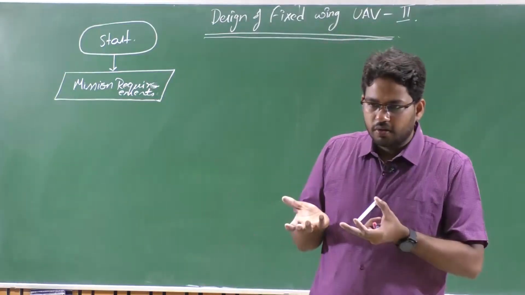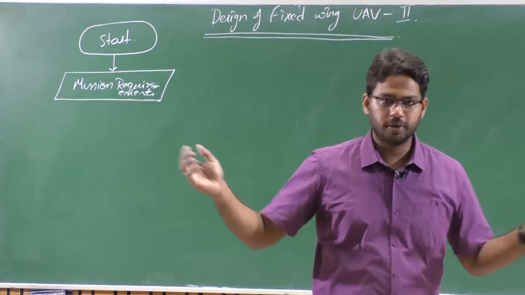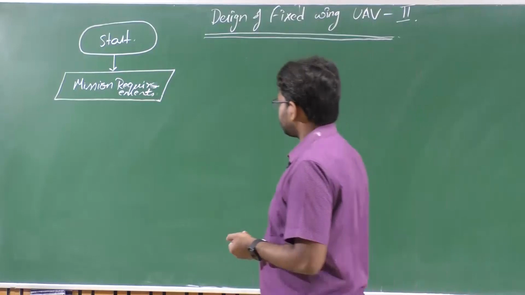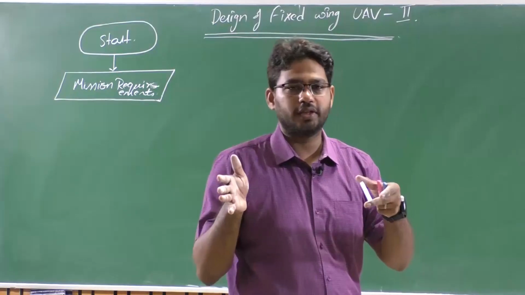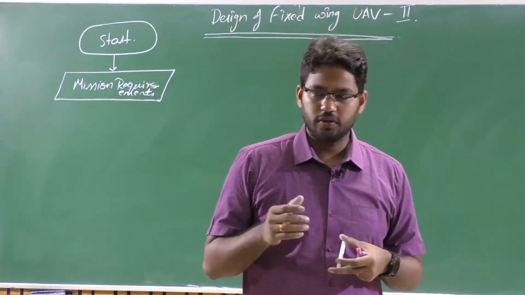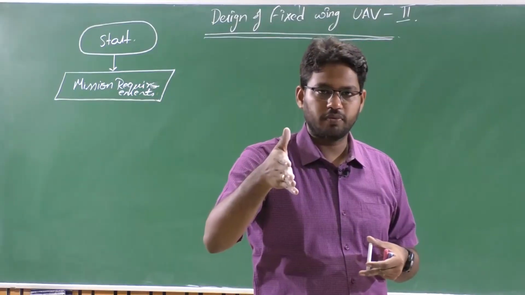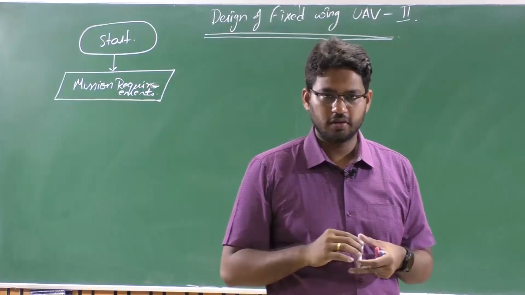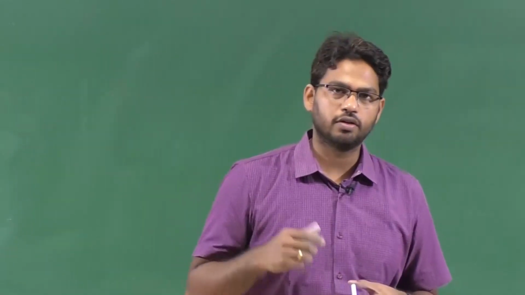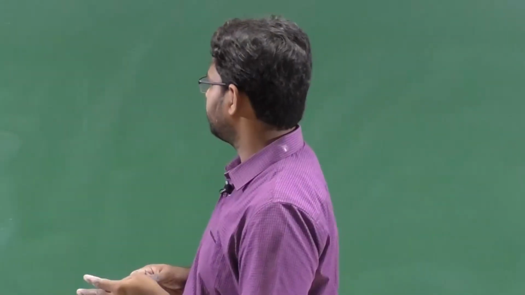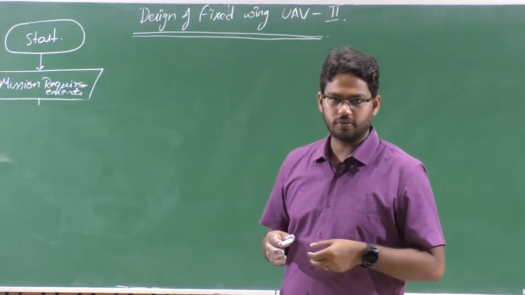And with that payload, for a UAV to lift that payload along with the other accessories, you'll start with certain geometric parameters, right? So again, mission requirements pose the corners of your focus area, right? When you talk about HALE, you will be concentrating on UAVs which can perform flight at lower subsonic speeds, right? So when you talk about a combat UAV, then you may be concentrating on higher subsonic or supersonic speeds. So along with them, it basically constrains the kind of aerodynamic model that you have to consider during the design process.